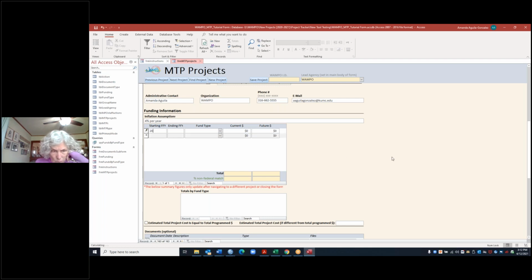So just for the purposes of this tutorial, first you want to set your years, very similar to the tracker. And then when you select the funding type, you will see a drop-down list where you can select federal non-WAMPO, federal WAMPO, local, state or unknown KDOT, and then you would add the numbers, very, very similar to the tracker. So let's say it is local, and let's say